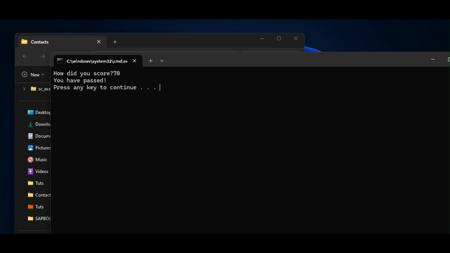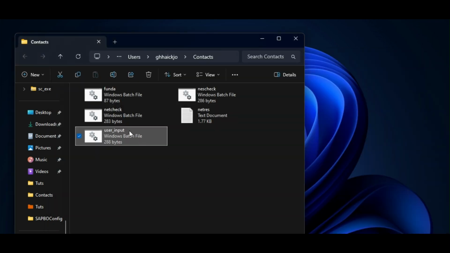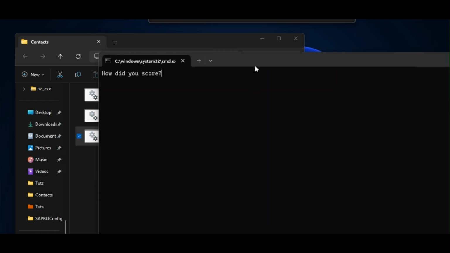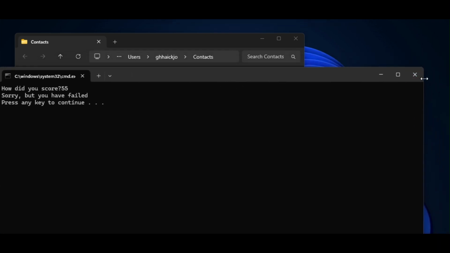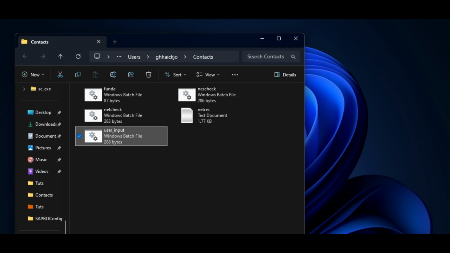Okay, so let me probably try with a different entry. How did you score? Again, and then let me do 55, and then it says sorry, I failed. So basically it means our code is working pretty fine. So those are the things that you need to know about